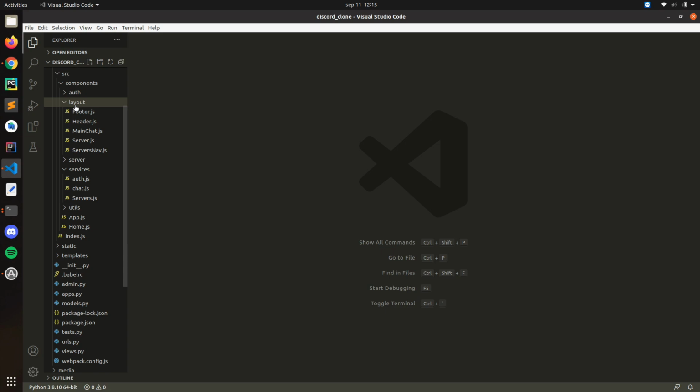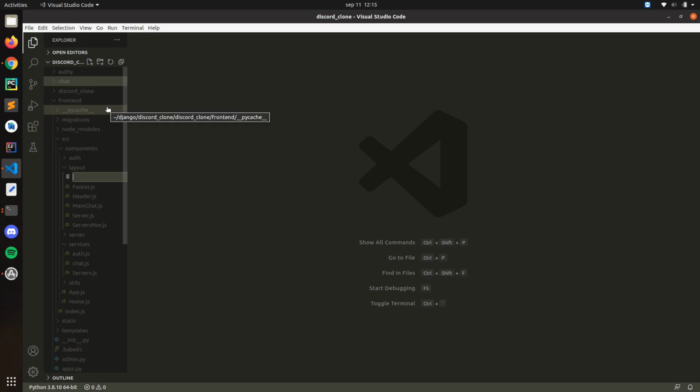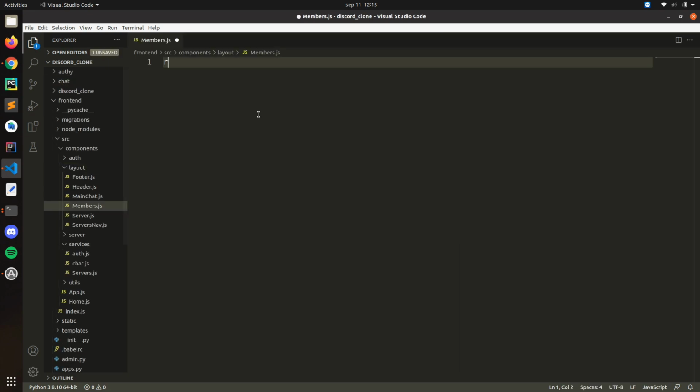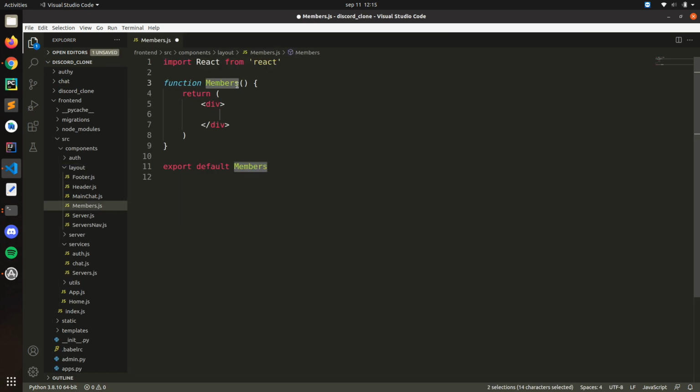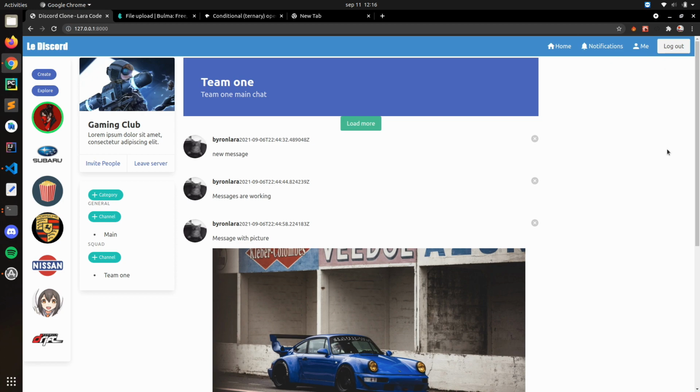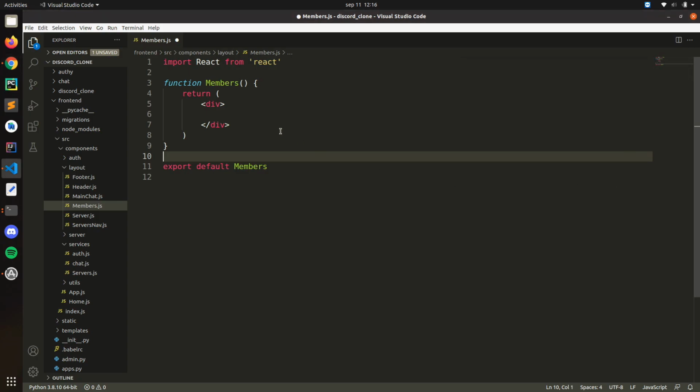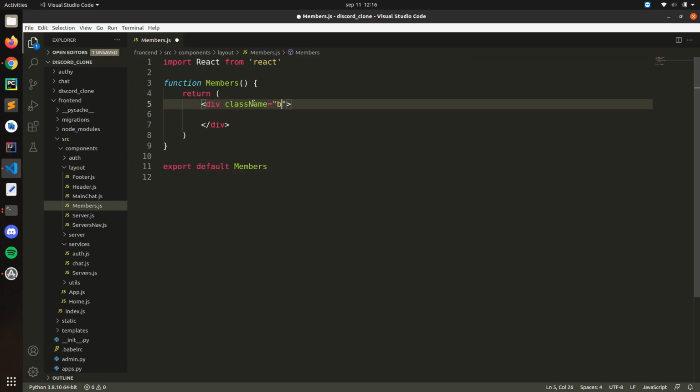So here in layout, let's create a new component, a new file, and let's call it members.js. Here, let's use our RCFE, real functional component, just like that. So the idea is I'm going to have a box here, basically just kind of like a user with a picture and name and all of that. So just basically it will be a box. So let's use class name box